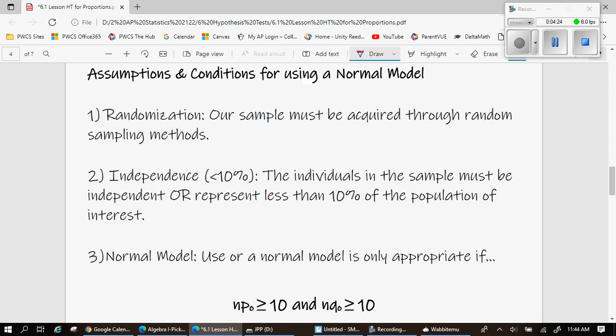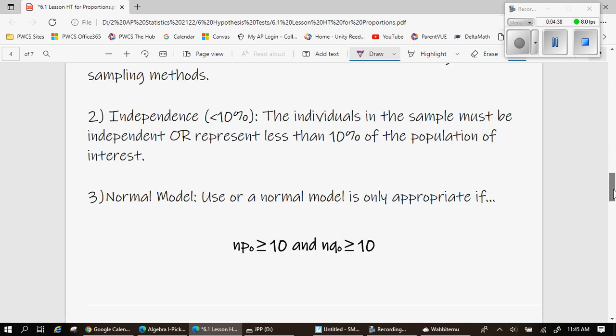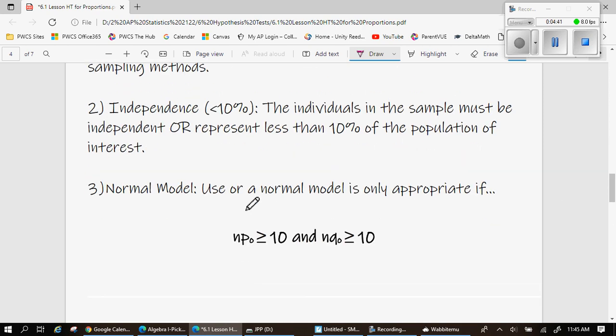So we have the same assumptions and conditions that we did for a confidence interval for one proportion. We need a random sample. We need independence. That means our sample must be less than 10%, or we need to know that each individual is independent of the other. And we need to be able to justify using a normal model, the distribution of sample proportions as an approximately normal distribution. So we need our np, our number of successes, and our number of failures, nq. And remember, we're using our hypothesized value,